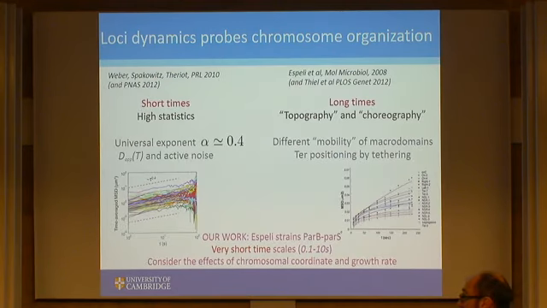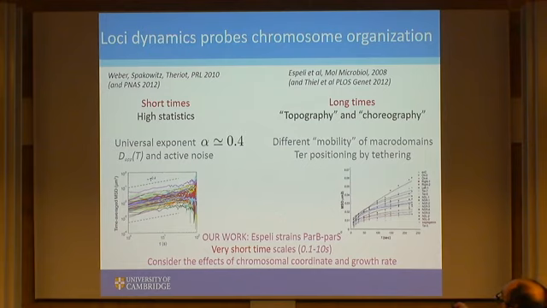Okay, so these experiments were done first at Stanford and published in this paper in the group of Julie Théry. And we started doing our work more or less when this came out. And what they showed were mean square displacement plots. This is the delay time, which showed power laws with exponents 0.4 and a huge spread in the coefficient, but not a very huge spread in the exponent. I mean, these are all kind of 0.4s. We got our strains from